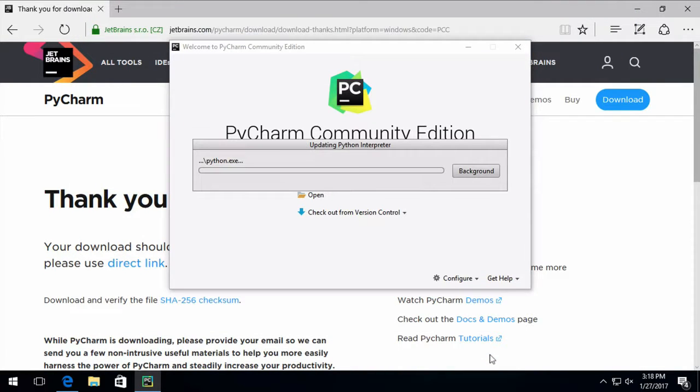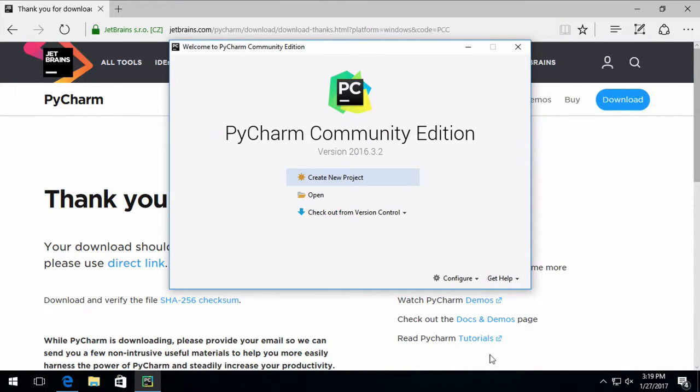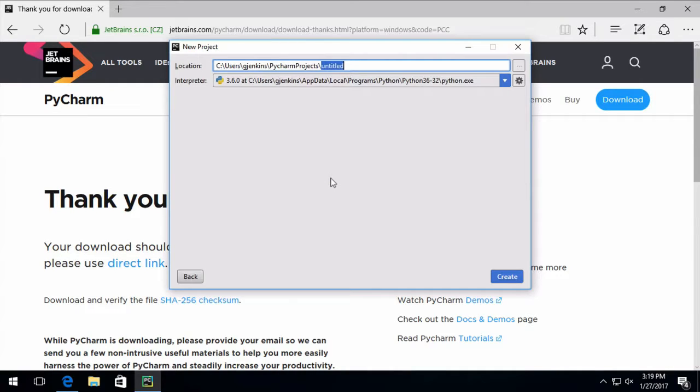It's going to set up everything it needs to know about the interpreter that you've just hooked it up to. Now we do this here at this welcome screen because now you won't have to do it every project you create. If you don't do this step, it's going to ask you every time you create a project what interpreter you want to use. So now we're going to create a new project, and we'll show you actually running a